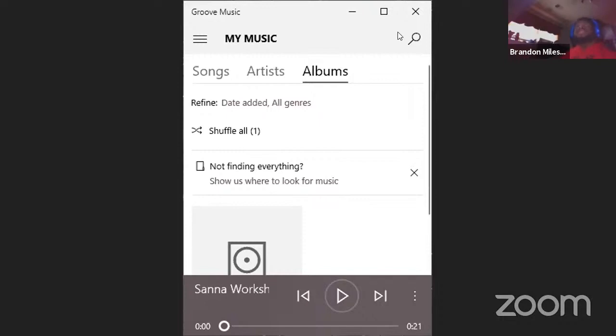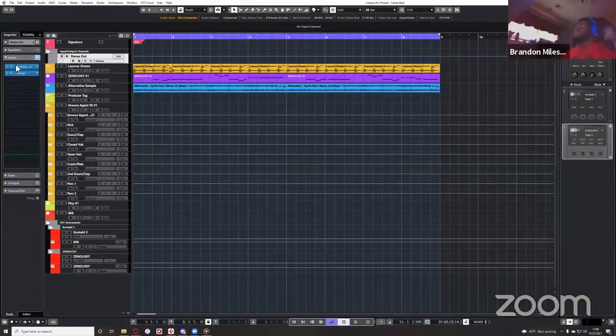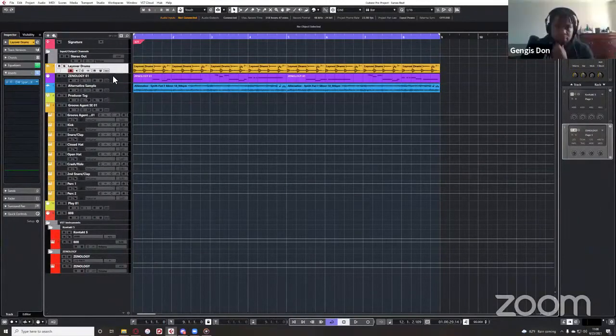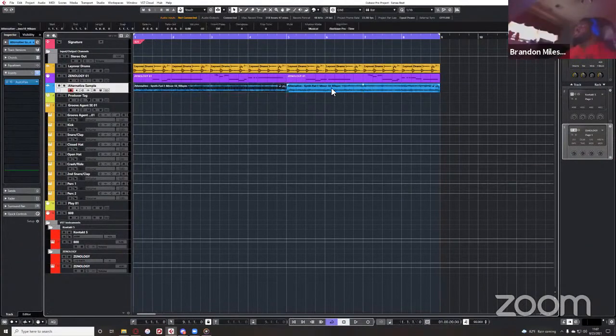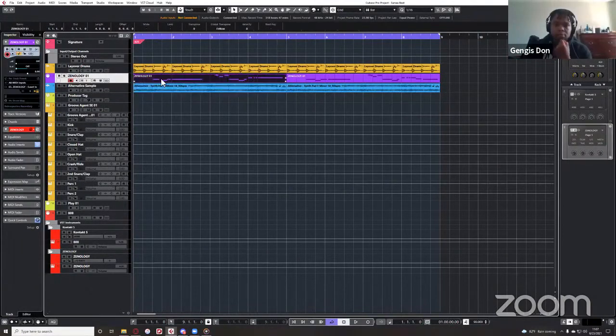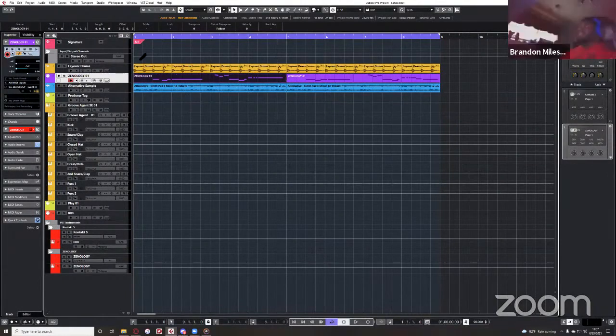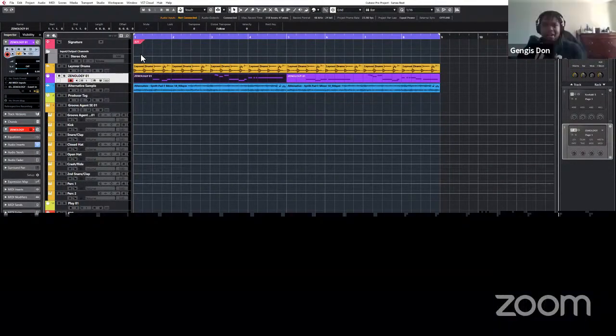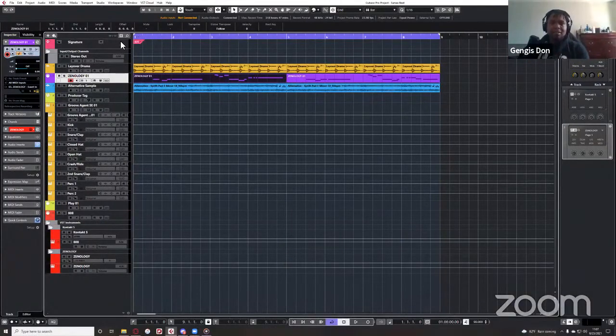I'll probably share this window. Cool. So I don't know if you can see, but it's layover drums, and this is the sample. It was already at 90 BPM, but I pitched it up, and I added a melody from a patch. So you went above and beyond. He added a melody on top of the sample and the drums. It's like da, da, da, da. Yeah, I heard it. Sounds good, man. Thank you.